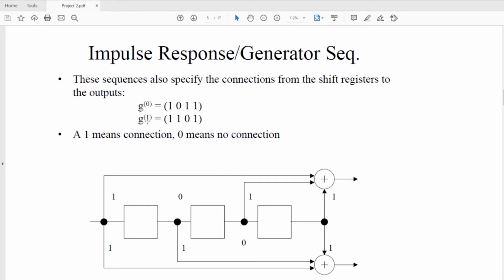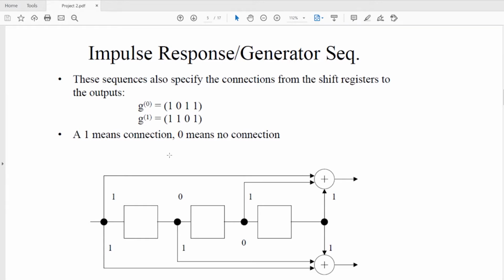And I have the second generator sequence 1 1 0 1. So it is connected here. It is connected here, but it is not connected here because it represents 0. There is no connection, and there is a connection at the end because it represents 1, and that gives the second output.